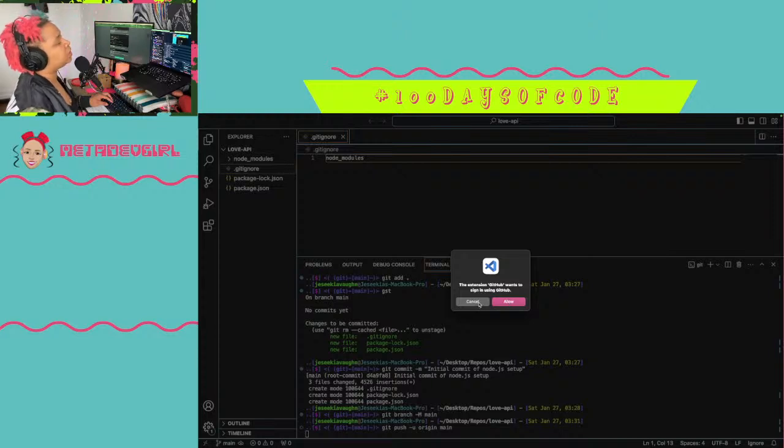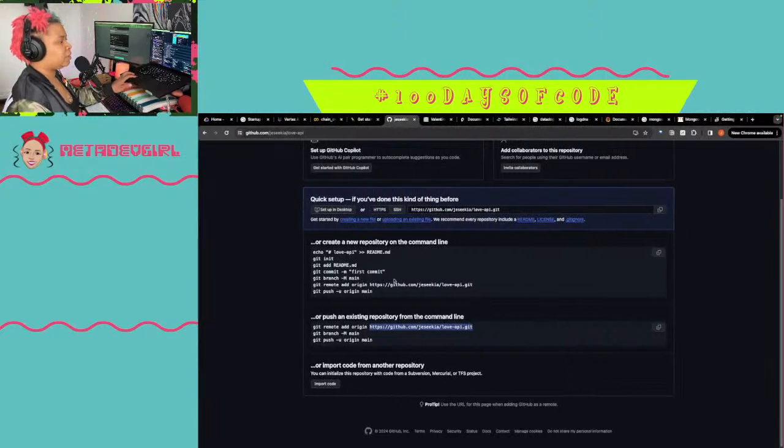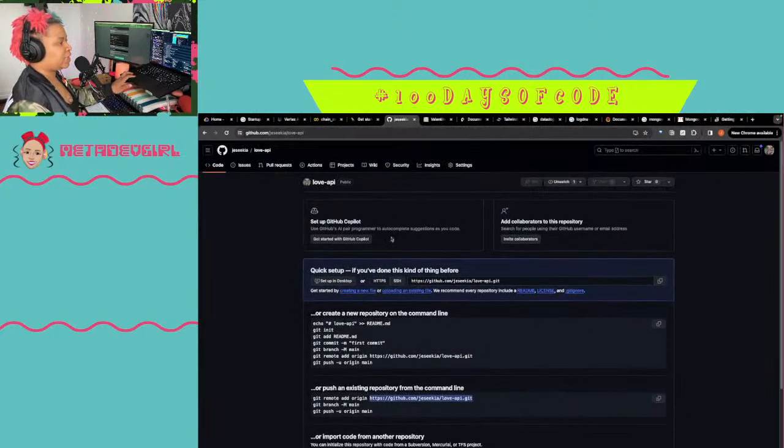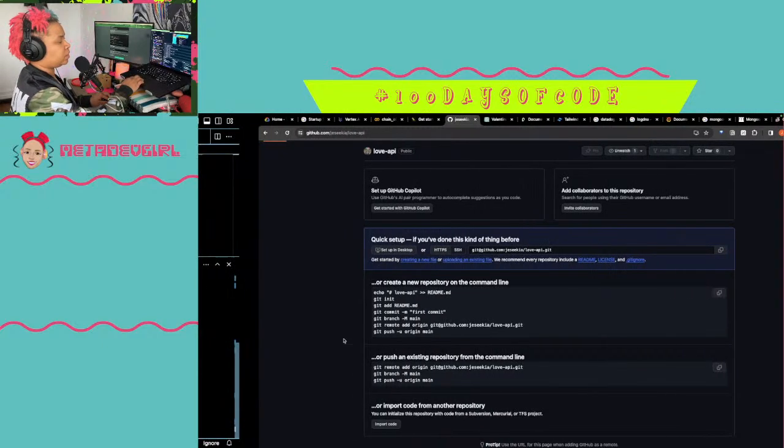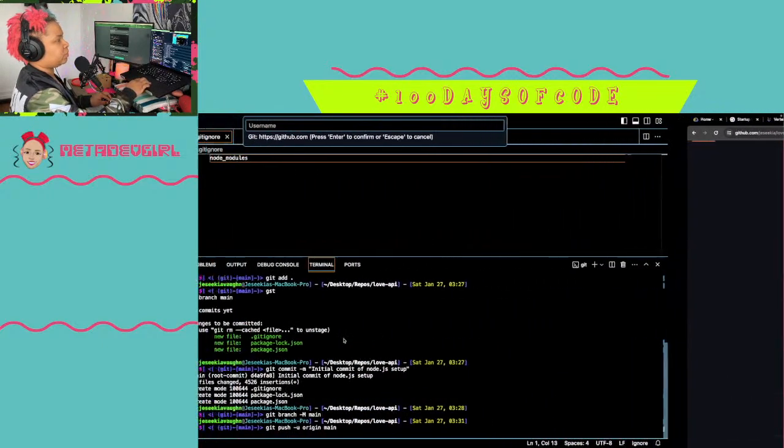Oh my god. I'm gonna wave at myself. I think I copied the HTTP instead of the SSH. I'm pretty sure though, git remote add origin. I have to update the origin.